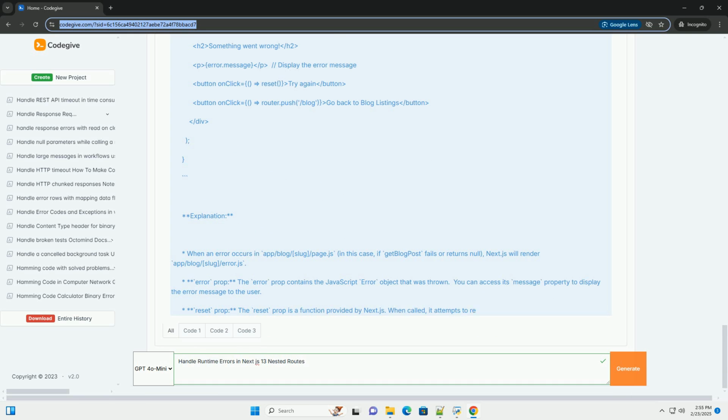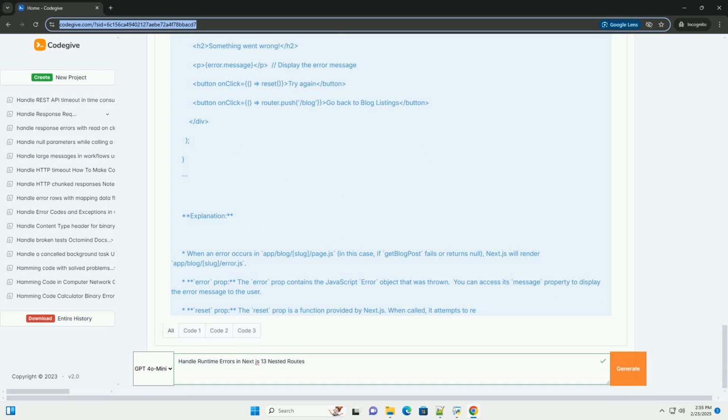6. Client-side error boundaries with React Error Boundary. While error.js handles server-side errors, client-side errors require a different approach. React error boundaries are the standard way to catch errors during rendering, in lifecycle methods, and in constructors of the whole subtree. You can also use libraries like React Error Boundary to simplify this. However, with server components and the app router, client-side error boundaries become a bit more nuanced. The best practice is often to